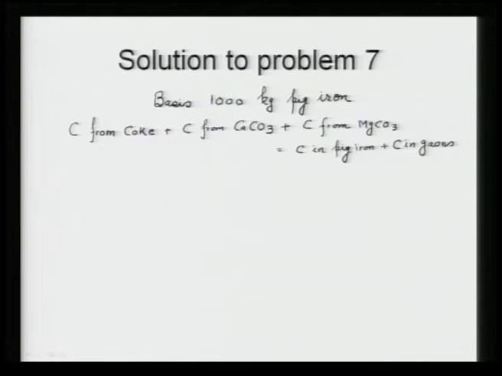Now, note the amount of top gas is 2400 meter cube per ton of iron ore charge. Because you will be needing to calculate carbon in gases, the amount of top gas would be 4368 meter cube per ton pig iron.